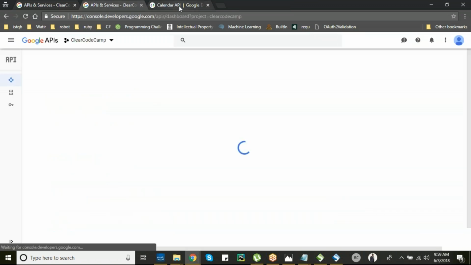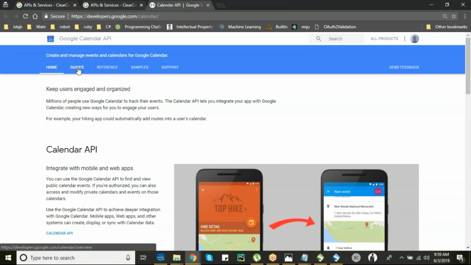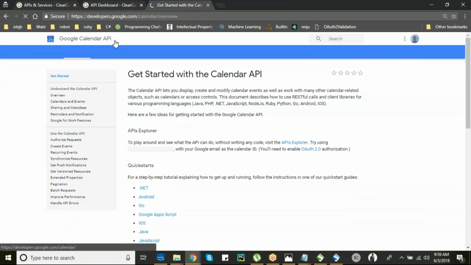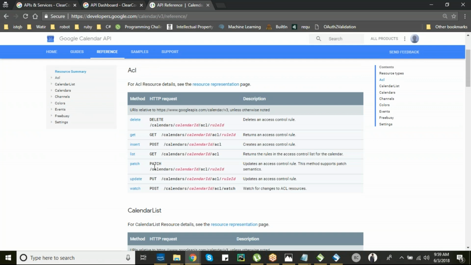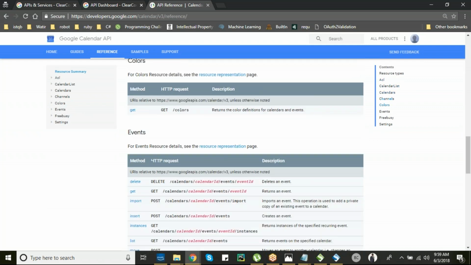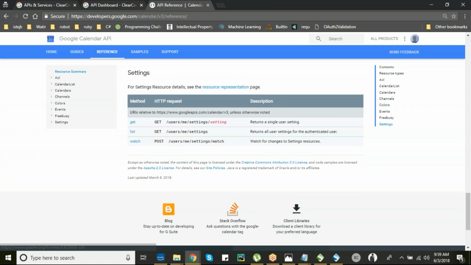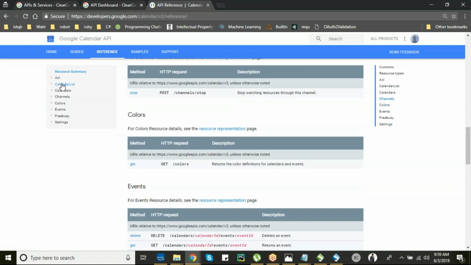console.developer.google.com. So on Google Calendar API, when you get onto the guides and references, you will have details of scopes and such available over there. So these are all different requests that you can make under different environments. And when you choose any one of them, we are now dealing with calendar list. So under calendar list, when you choose,